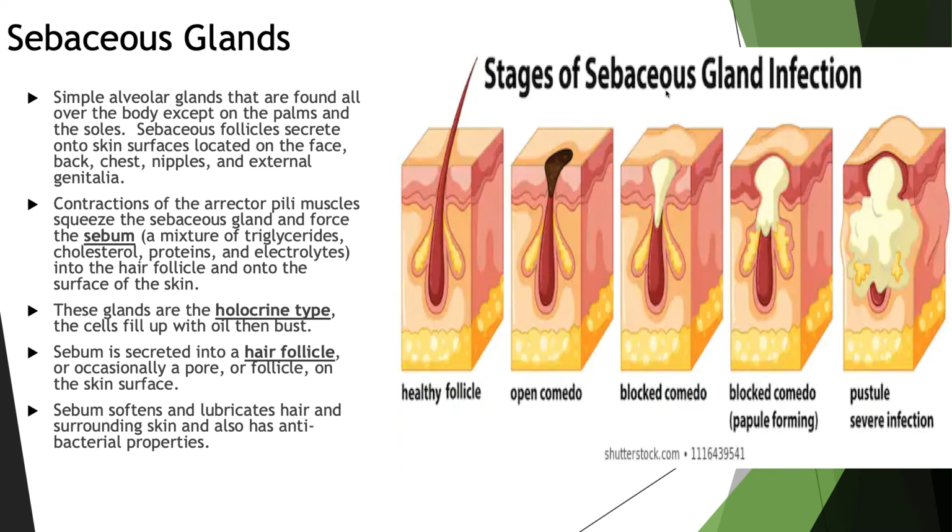and these are your oil secreting glands. They're essentially simple alveolar glands that are found all over the body except on the palms and the soles. So sebaceous follicles secrete onto skin surfaces and are located on the face, back, the chest, the nipples, and the external genitalia. Contractions of the erector pili muscle, which remember is that muscle attached to the hair, squeeze the sebaceous gland and force out the sebum, which is a mixture of triglycerides, cholesterol, proteins, and electrolytes onto the hair follicle and onto the skin surface. And these glands are the holocrine type, which if we go back,